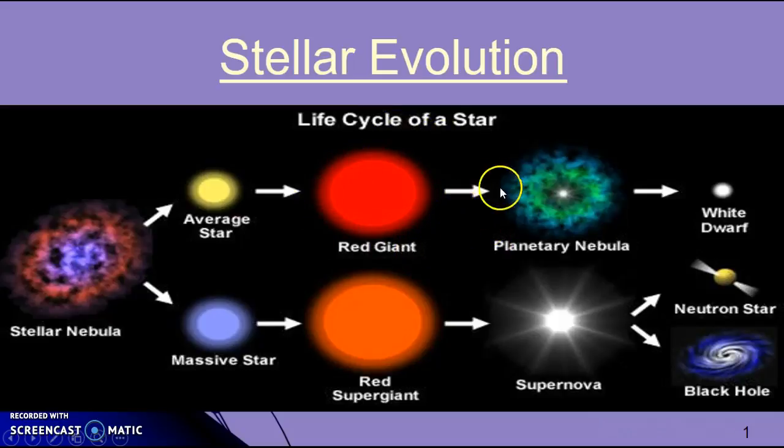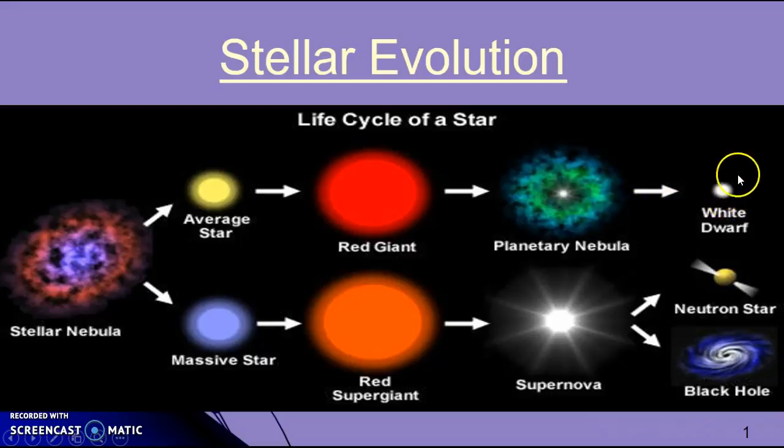And then after the red giant phase, it becomes a planetary nebula. And this word nebula here just means gas and dust cloud. A stellar nebula is at the beginning of a star's life. A planetary nebula is at the end of its life. So when we see this planetary nebula, what this really is, is the gas and dust that was inside of this red giant, but the shell is gone. And all that's left is that little tiny dot there, very bright, very dense, which is the remnant core of this object. Eventually this dust cools off, and when it cools off it becomes dark and we can't see it